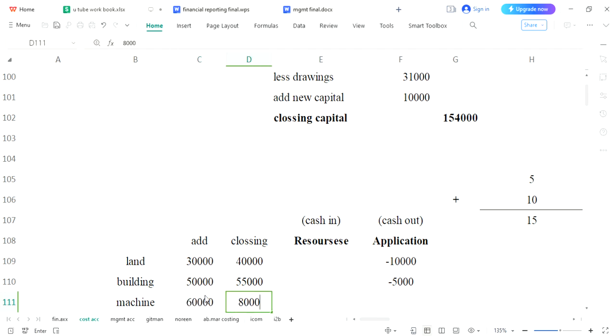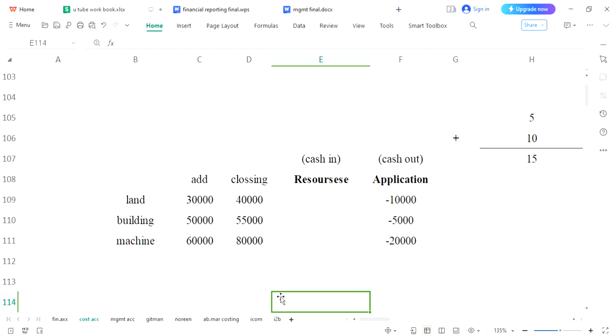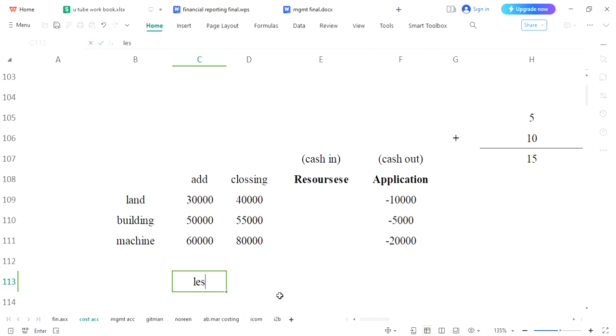and 80,000. As you know, for assets, opening assets have a plus sign, closing assets minus. Same we will be doing over here, plus and minus. Once again we have got a minus sign, it means cash is going out. Now we are proceeding to liabilities, and here just opposite to this,